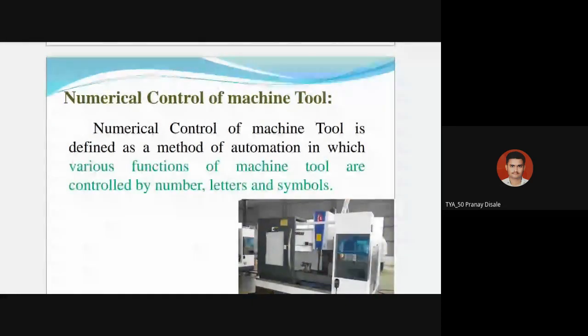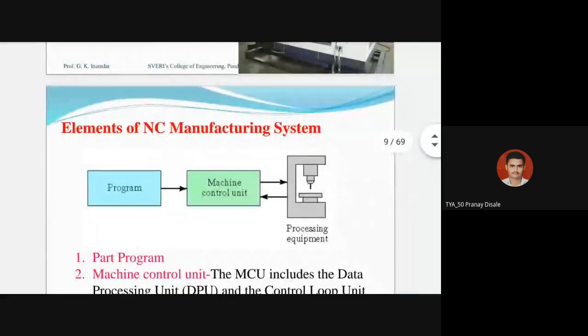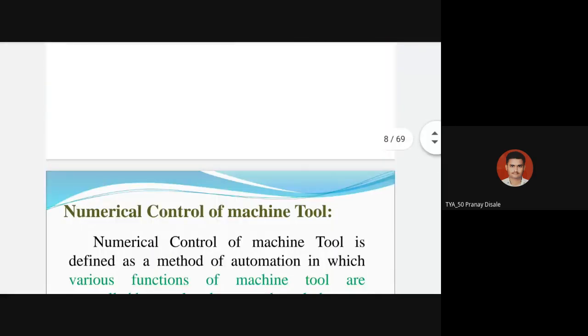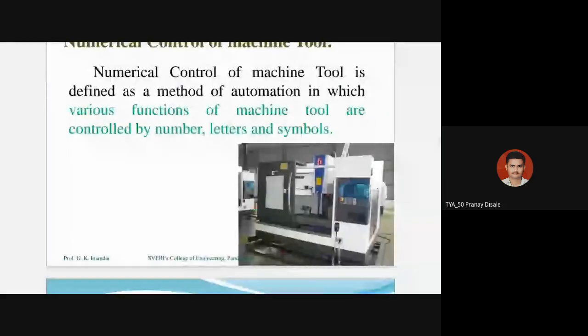So next slide, elements of the manufacturing system. Before that, what is retrofitting? Retrofitting is also nothing but maintenance. Suppose one tooth has failed. Now we can generate another tooth on that after the pasting, whatever the pasting material will be there.